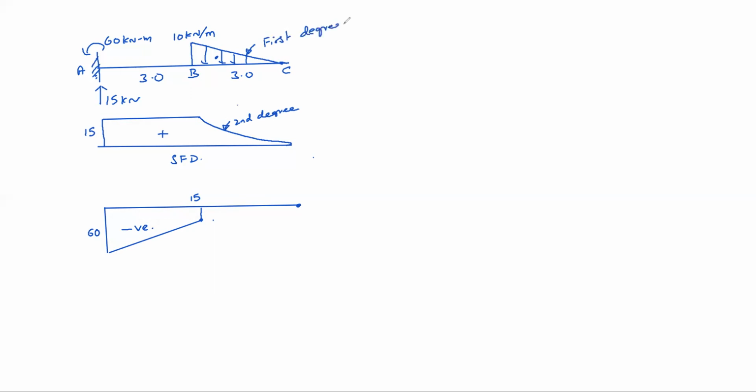Linear means first degree. So 1 degree will be more in the next diagram. Actually, from loading diagram to shear force diagram, degree increases. Shear force diagram to bending moment diagram, again degree increases. That means here you can see third degree curve here. So this is actually cubic curve. Okay, clear? Yes, sir. This is linear. The degree change also you should observe. Okay.